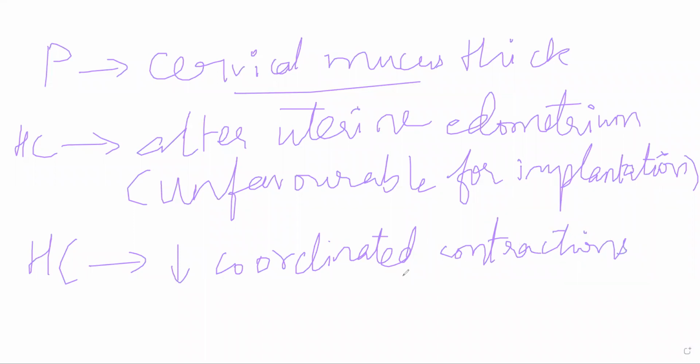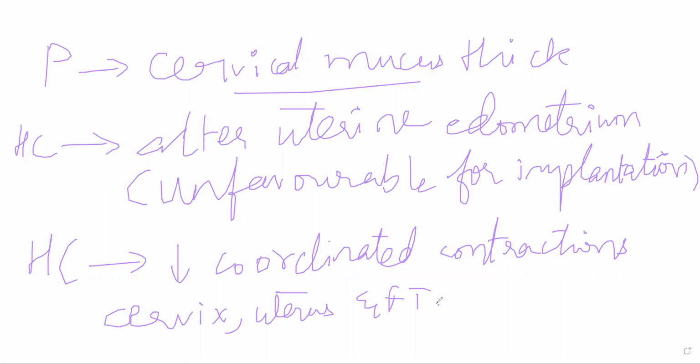These coordinated contractions are mainly occurring in your cervix, uterus, and fallopian tubules. Now, why do these coordinated contractions occur? These are required for transport of ovum and sperm. So these are essentially helping transport ovum and sperm towards each other so that fertilization can occur. These coordinated contractions are facilitating the formation of zygote.